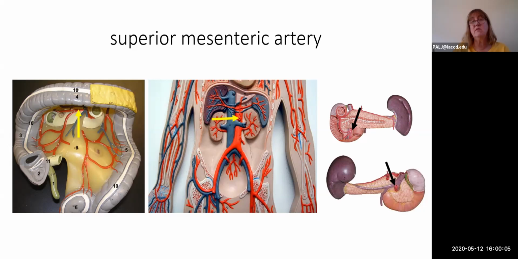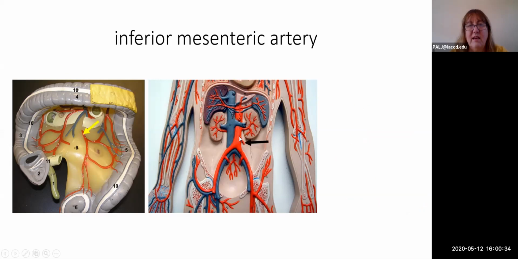It's also going to send blood vessels to the right side of the large intestine. Okay. So pretty much stomach is done now, small intestine is completely done, and half of the large intestine is done. So what is left is the left side of the large intestine, and that is going to come from the third unpaired blood vessel, which is more inferior, and it's going to be this structure right there, known as